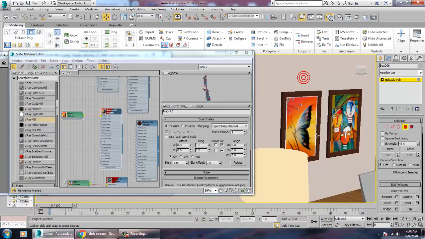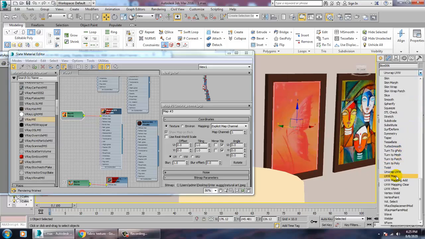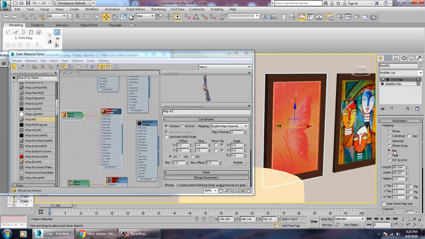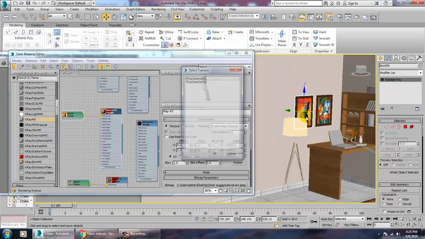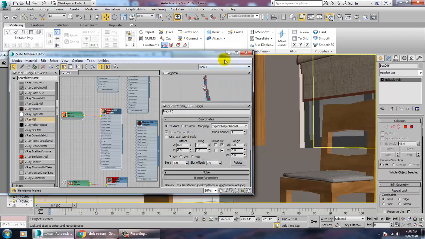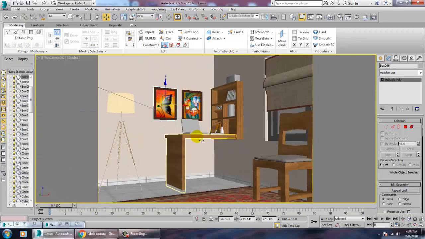Looks perfect. So UVW map and just fit it. That's it. Convert to editable poly. So let's get back to the camera view over here. It looks good over here. Press Shift and F. So save your file over here.